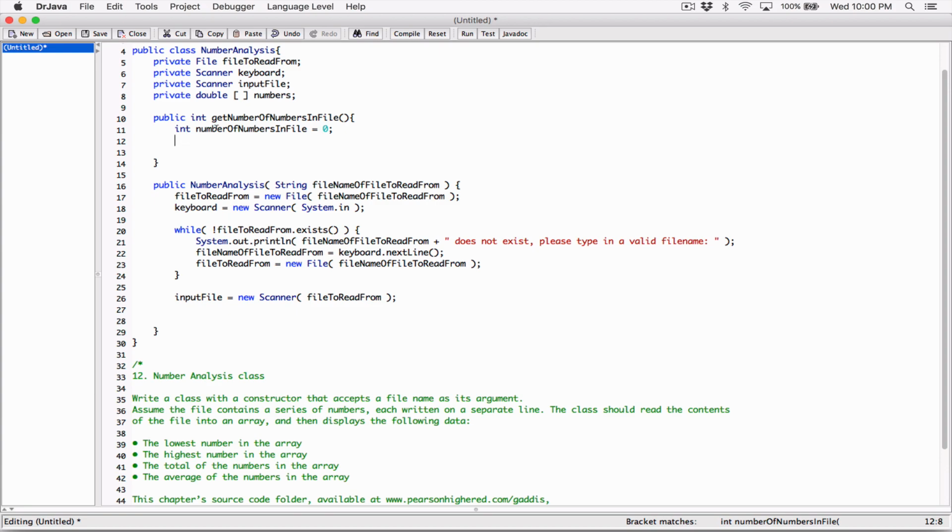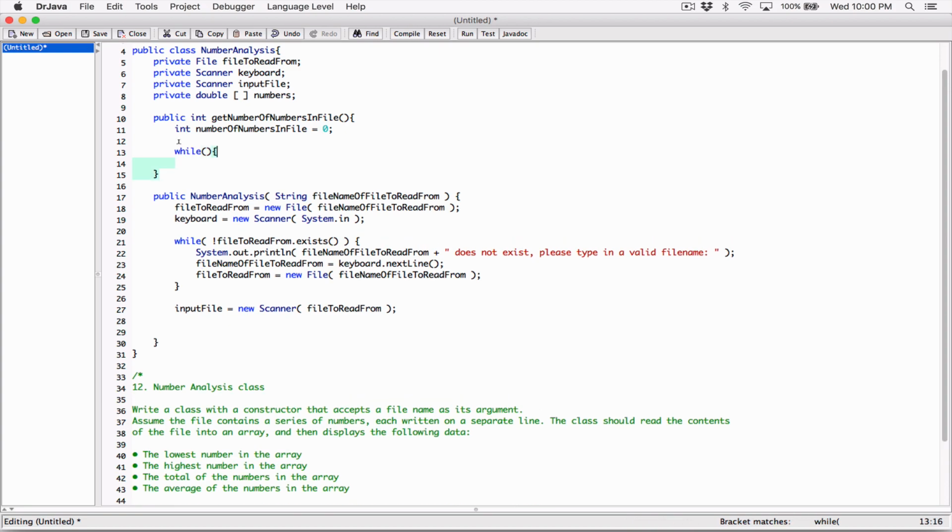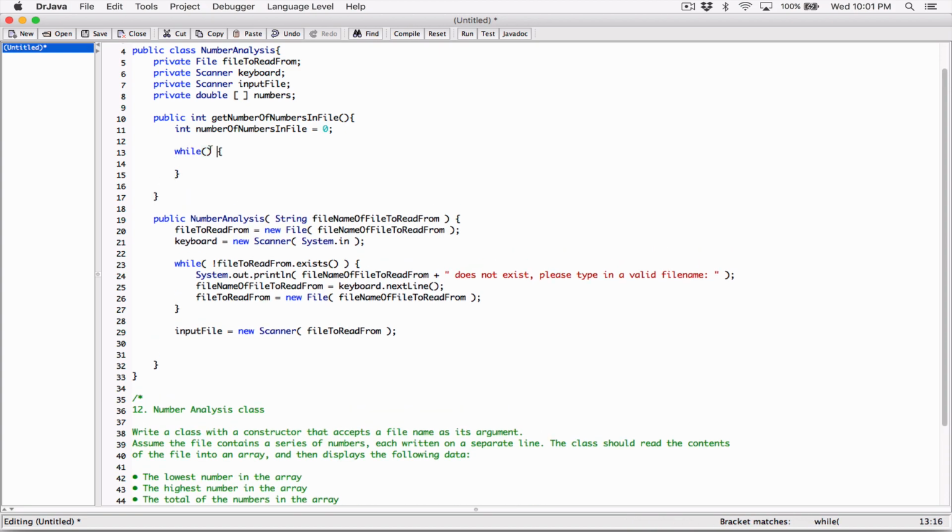So what we want to do is declare this variable, number of numbers in file, and store 0. I'm going to create the while loop, and I'll explain here. While our input file, which is our scanner object that we are using to read from the file, while input file dot has next,